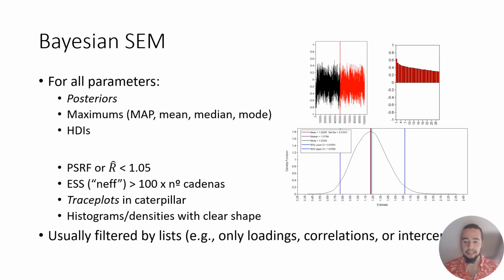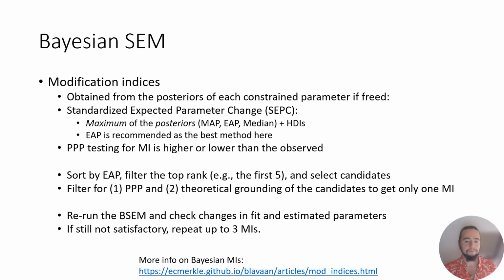For all parameters that are being estimated, you will have trace plots, autocorrelation plots, effective sample size, R-hat statistic, etc. So ideally, you should check them all to see if the trace plots are in a caterpillar form and the burn-in is okay, the autocorrelation plots are okay, and the density curves are similar. But there can be so many parameters, even for simple models. So normally they are filtered by list. For example, examine only the loadings or the correlations or the intercepts and check if some problems might have occurred. Okay, so finally,